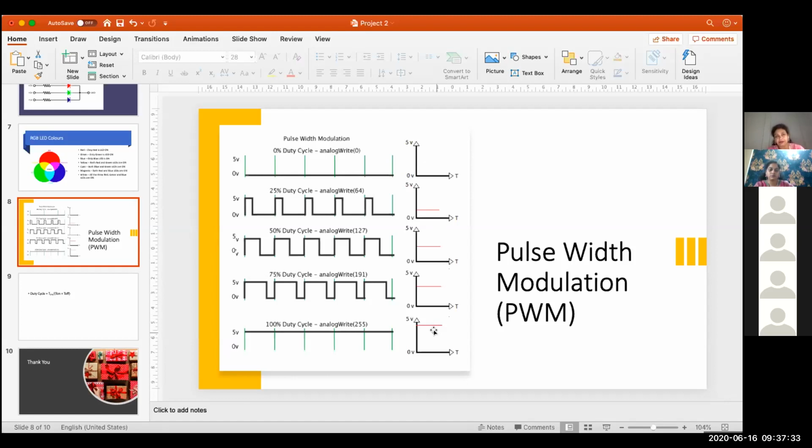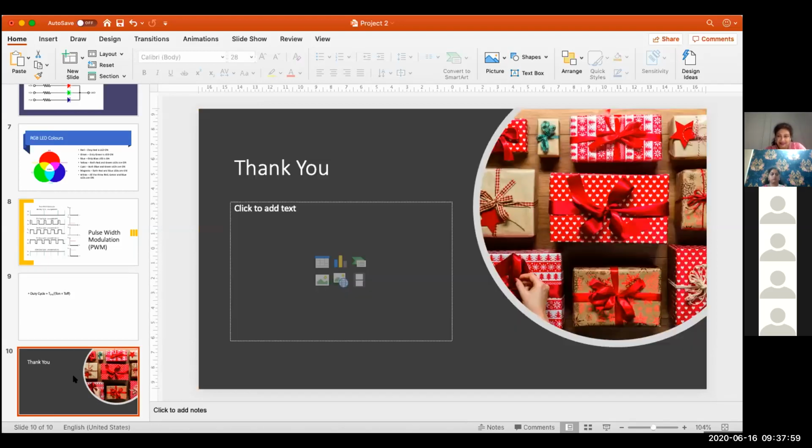Got it? Yes, ma'am. Potentiometer changes, voltages captured by Arduino converted into equivalent numbers on the PWM pin. Those numbers are translated into equivalent voltage because of the duty cycle variations, and those voltage will control the brightness of the RGB LED connected to those PWM pins, right? We are all set to go? Did you understand this part? Yes, ma'am. All of us? So this is the end of the explanation part of the work.